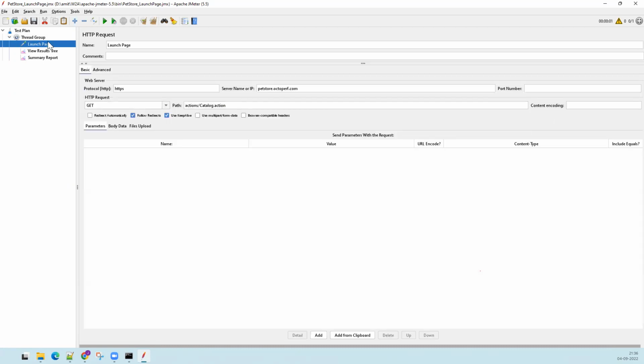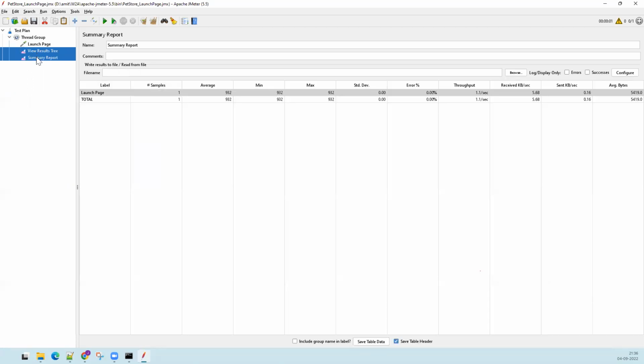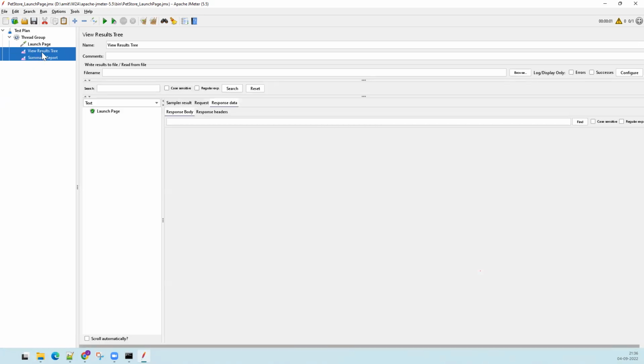This request will be repeated 5 times. That's quite simple. Like this is the child. You can use the control key to select multiple things. You can drag the things up and down, but do remember that you always keep out this view results